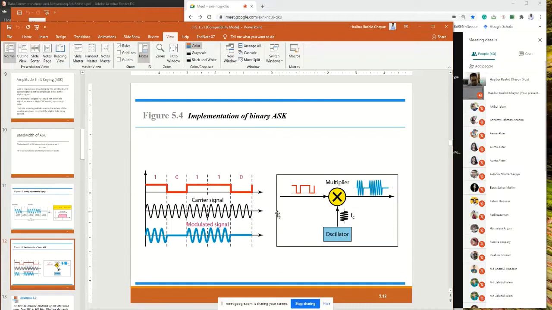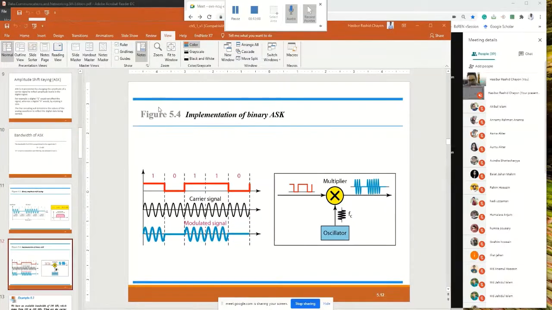Fine. Look at this picture. This is our digital data. This is our original data which we want to transmit. So let's come back. This is our digital data, and we know that whenever we try to send any data through any transmission medium,